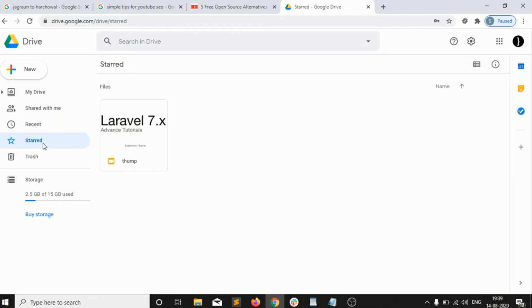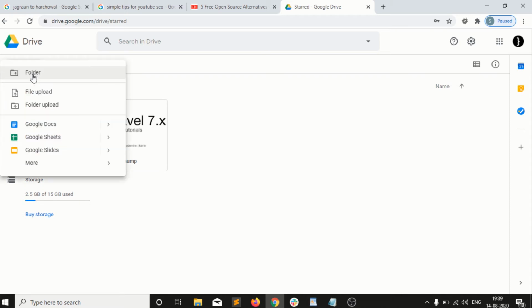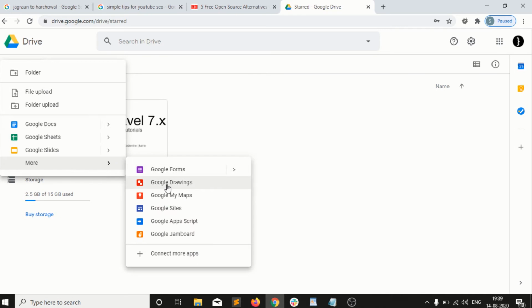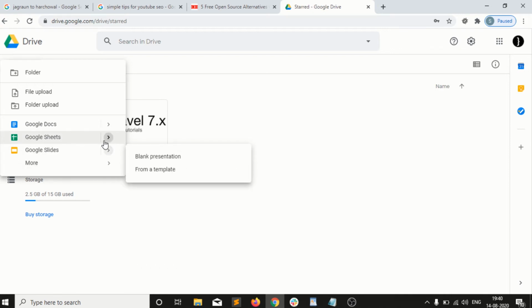So let's start the series with Excel, right? How can we keep a record in Excel? Just click on New, and we can see here we can add Docs, Sheets, Slides. In More we have Google Forms, Google Drawings, Google My Maps, Google Sites. So there are many things which Google offers us for free. So how to create an Excel sheet? Just click on a blank spreadsheet, or you can create from a template as well, meaning something already built into Google Sheets, and you copy that design from the templates.